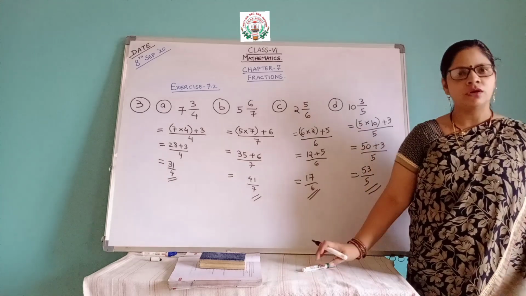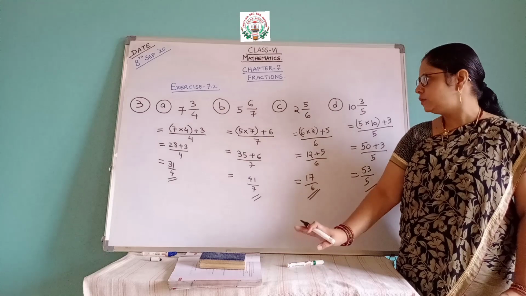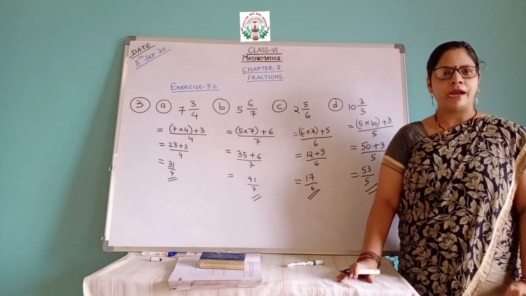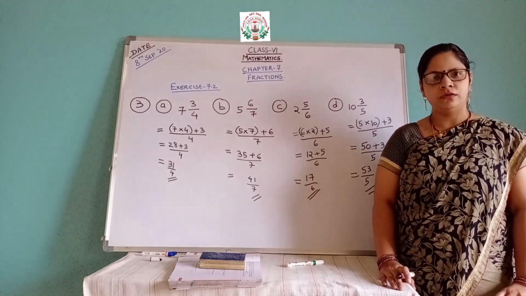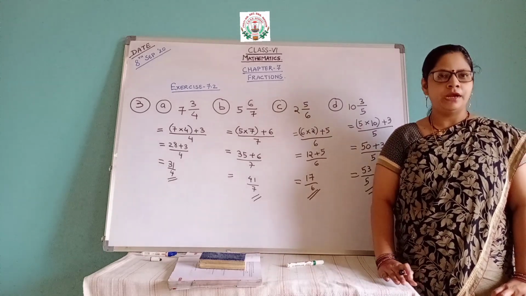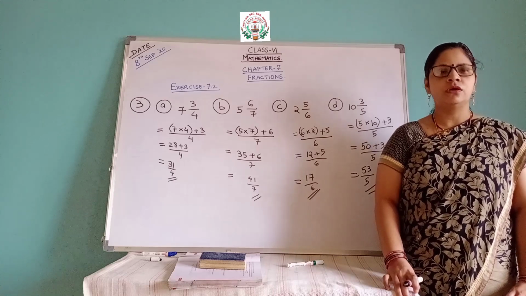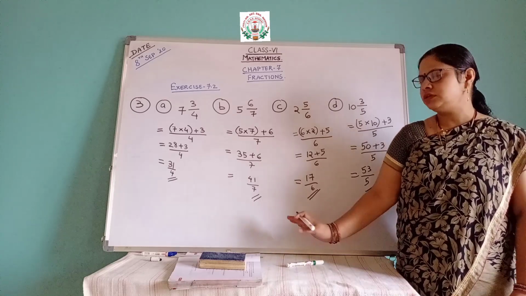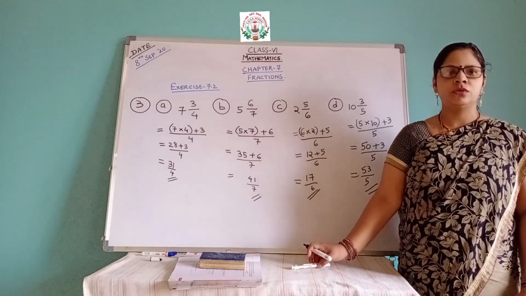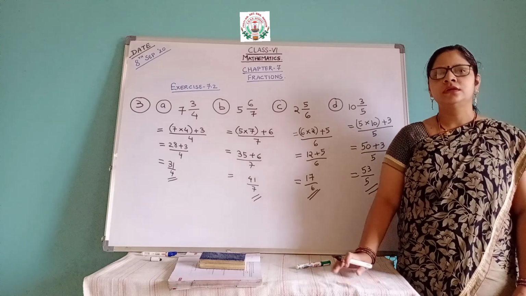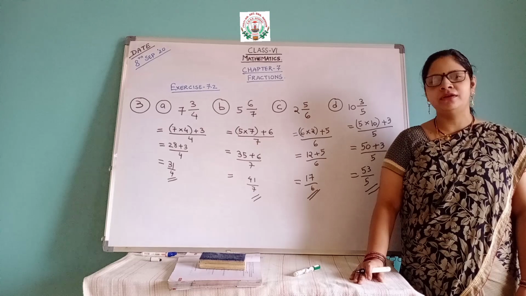So 4 parts I have solved and explained here. The other 2 parts are left out. Those 2 parts you will practice on your own. So here we have completed our exercise 7.2. If you are getting the PDF, then complete your notes through the PDF. If you are not getting it, then through this whiteboard you have to copy down and keep your notes complete. So here we have completed exercise 7.2.